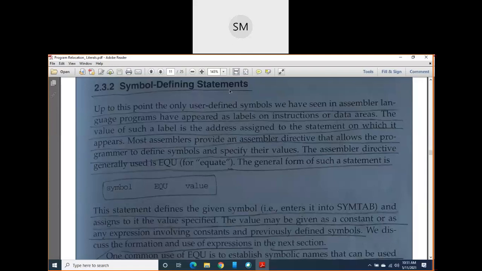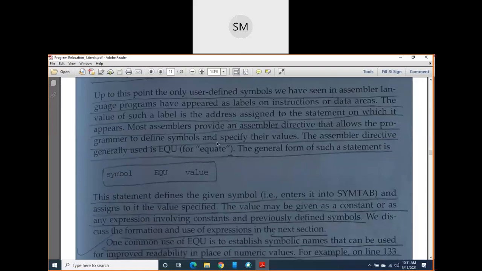See here, I already told you somewhat. Whenever we want to assign a value to a symbol, for example in your previous programs, we were defining some symbols. Defining the symbols means what? In the label column you write it, and you also assign an address to it. For example, consider the instruction STL RETADR. You search for RETADR in the label column, and on its left side, in the location column, you will get its address. Assigning a value to these symbols is nothing but defining the symbols.